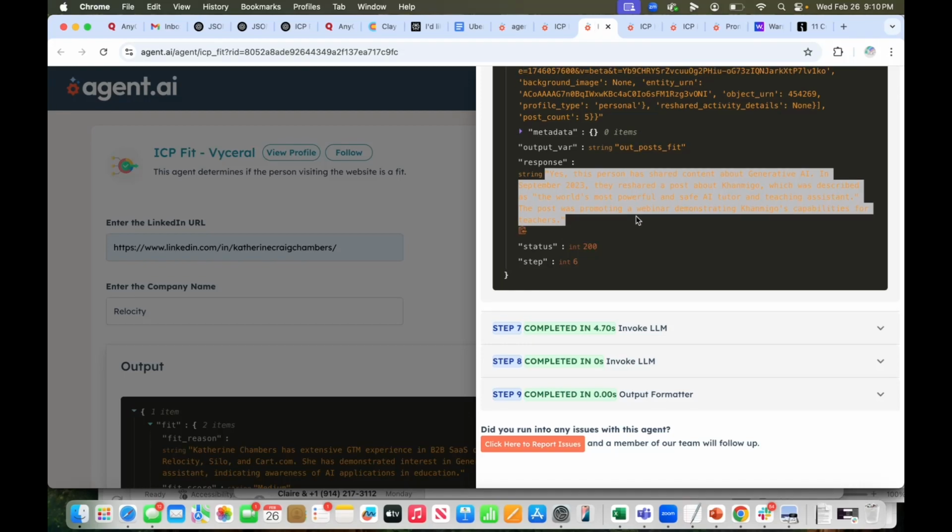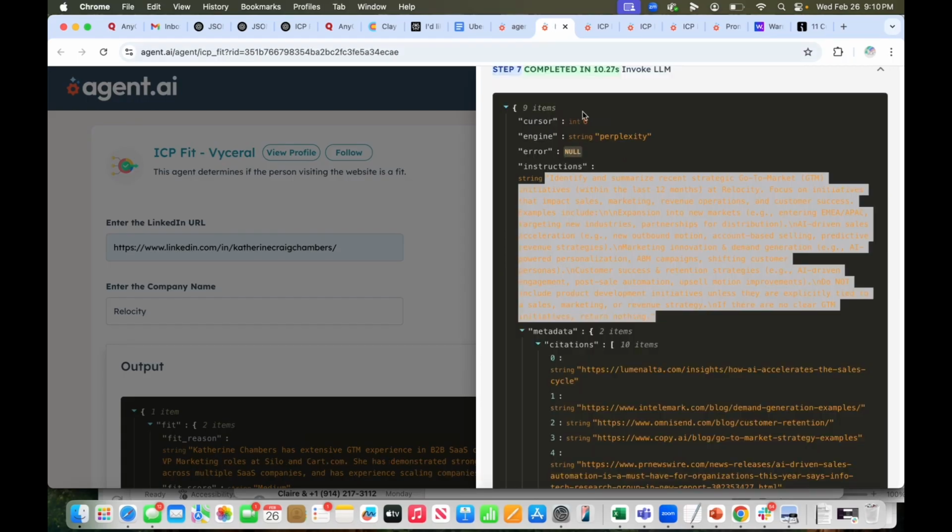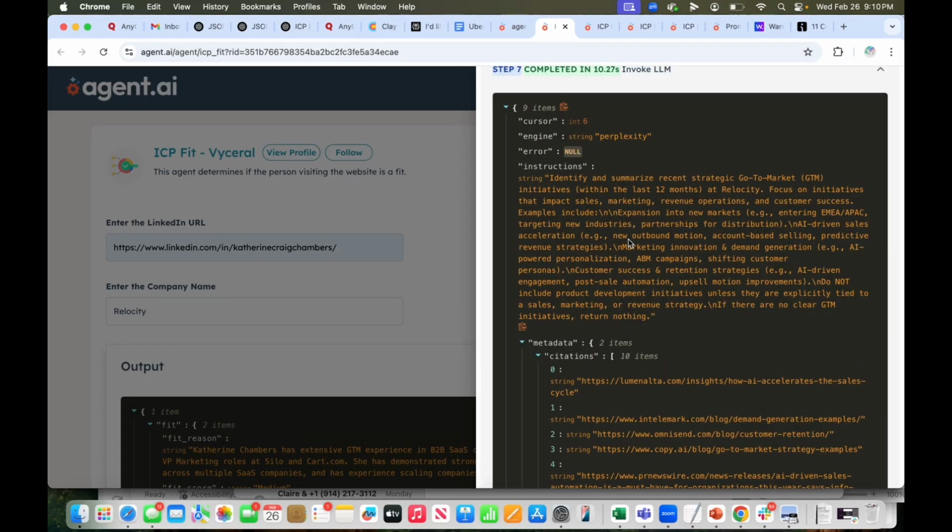Hi, everyone. This is a quick prompting hack that I wanted to share that I'm hoping is going to be useful for people. For example, I'm using Agent AI and I built a little agent. And here is one of my prompts, which is about trying to find out, for a company that visited my website, if they have any initiatives around go to market that they're talking about in news and press releases